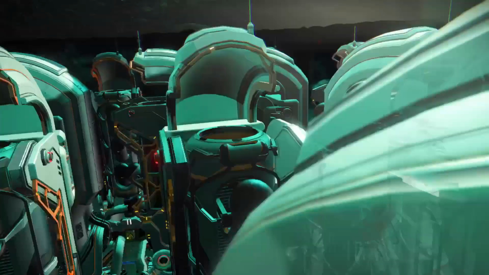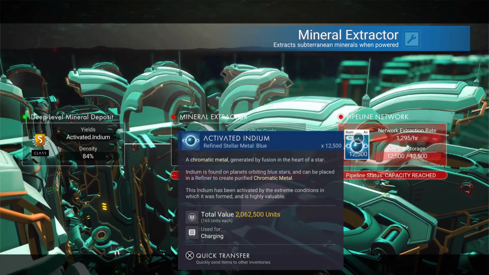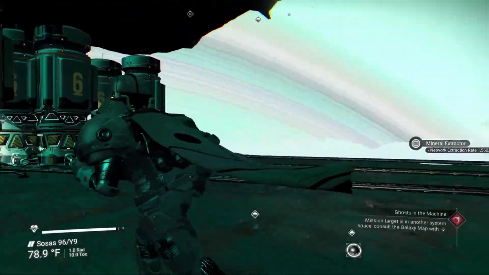of the best ways to make units and nanites in No Man's Sky. Now first up, let's talk about creating an activated indium farm. With one of these, you will be passively creating a ton of activated indium, which can make you millions of